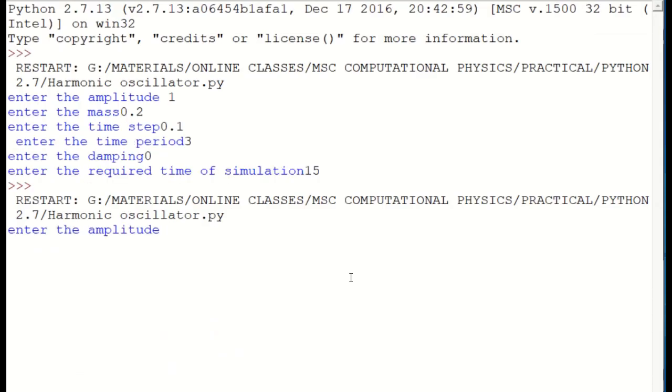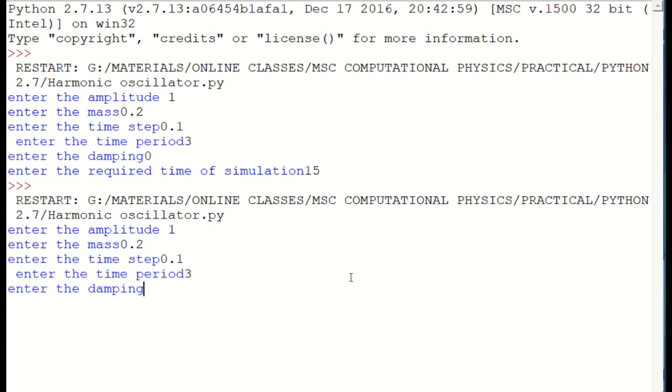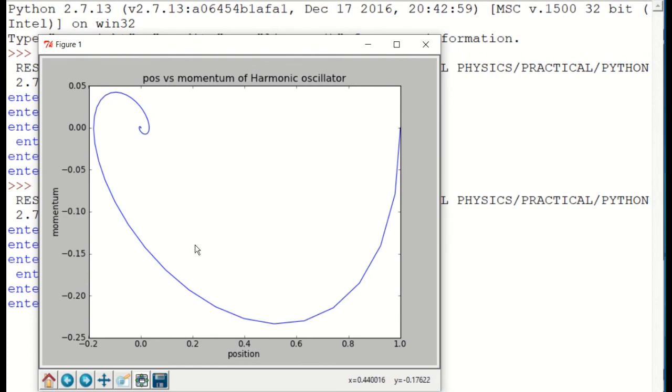We'll try with the previous values. 1, 0.2, time step is 0.1, then time period is 3. Then under damping, instead of that we'll choose some non-zero value. Again we simulate that for 15 seconds. Okay, now you can see what happens. Hooray, it spirals. 2 is sufficiently large, that is why we get it like this.